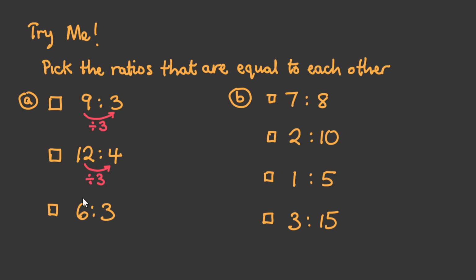Let's see the last one here, going from 6 to 3. In this case, we're going to divide but by 2. So that means 6 to 3 is not an equivalent ratio to 12 to 4 and 9 to 3. Instead, 9 to 3 and 12 to 4 are equivalent ratios. So those are correct. Now for B, we have a different scenario where we're going from 7 to 8,